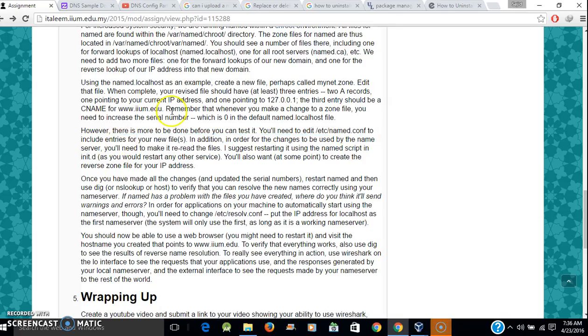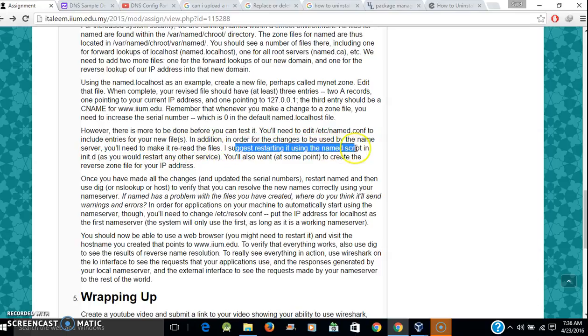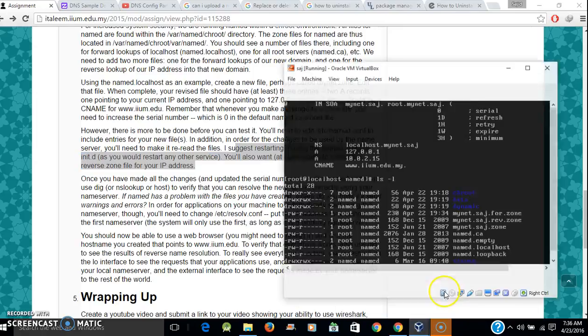Okay, so after finishing the zone files, it says we cannot test it yet. We still need to edit the etc name.conf to include entries for your new files. In addition, in order for the changes to be used by the name server, you will need to make it reread the files. I suggest restarting it using the script, as you would restart any other service. You also want at some point to create the reverse zone file of your IP address. Let's first